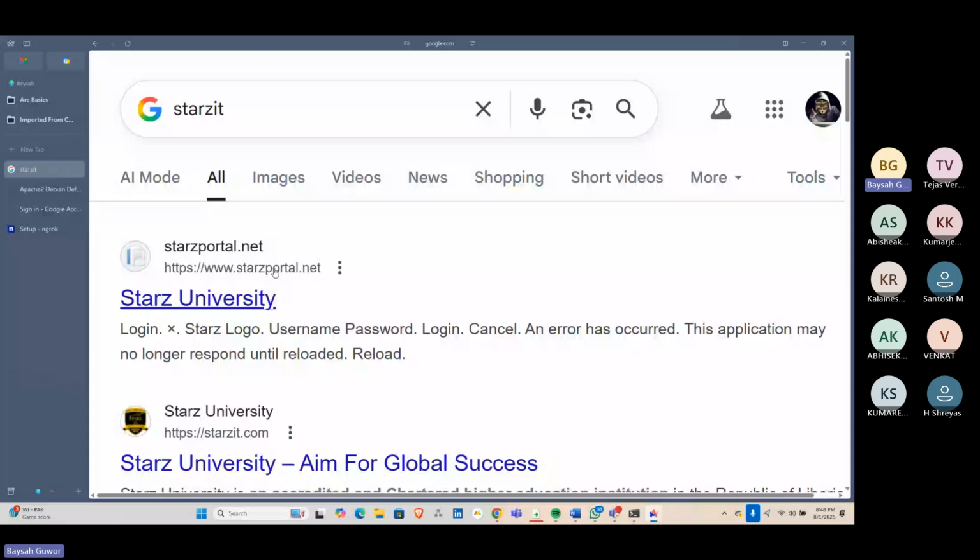So in text, for example, we want to pass at starsit.com, and in URL or inside the site we want to use is starsit.com. So the site we pass in is this domain, and within this domain, we want to